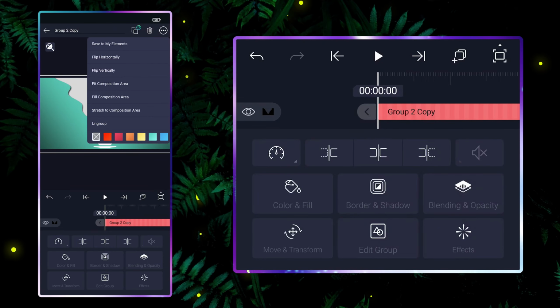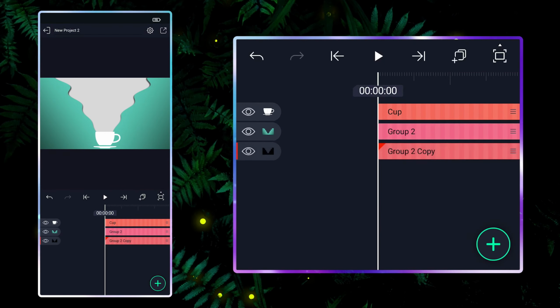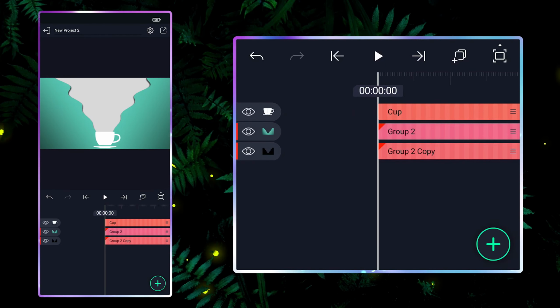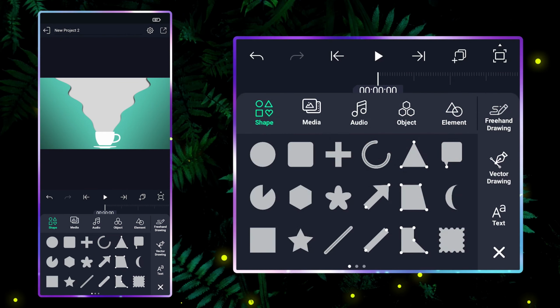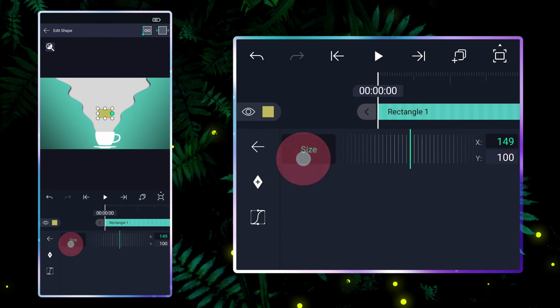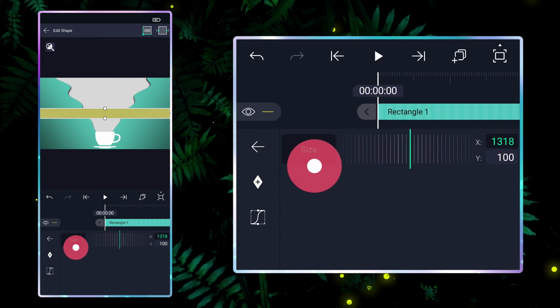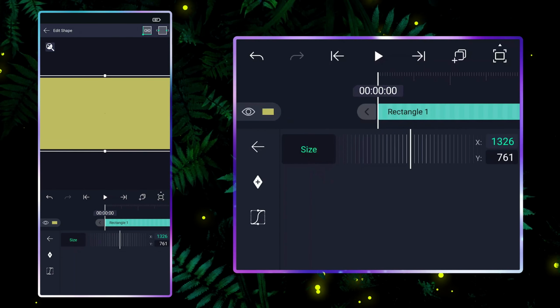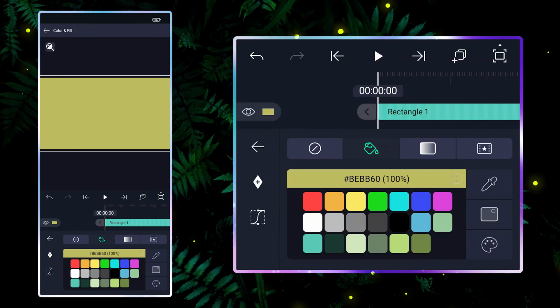Set the layer indicator color to red. Also, do the same for this layer. Now add another rectangle, adjust its scale. And change the color into a gradient.